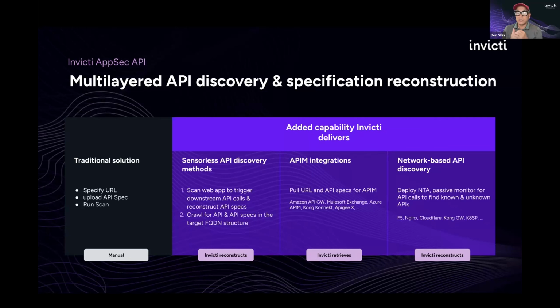Right. And here we're tying into things like F5, the proxies or application delivery controllers, NGINX, Cloudflare, and many others in order to have these pre-configured capabilities to at least speed up the process of discovery. And this, of course, is a very powerful way to do this. Right. So those are the layers of API discovery that we can apply out of the box with the sensorless discovery, the integrations,